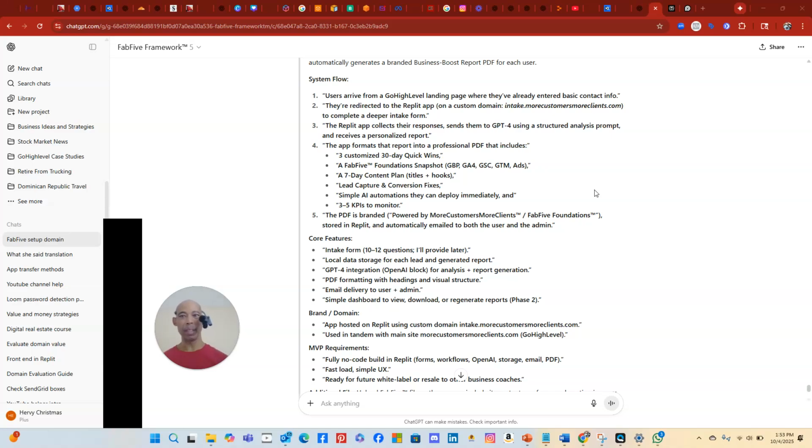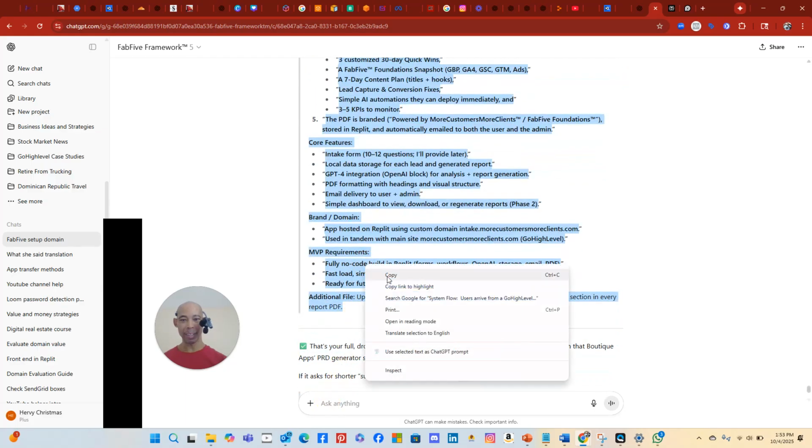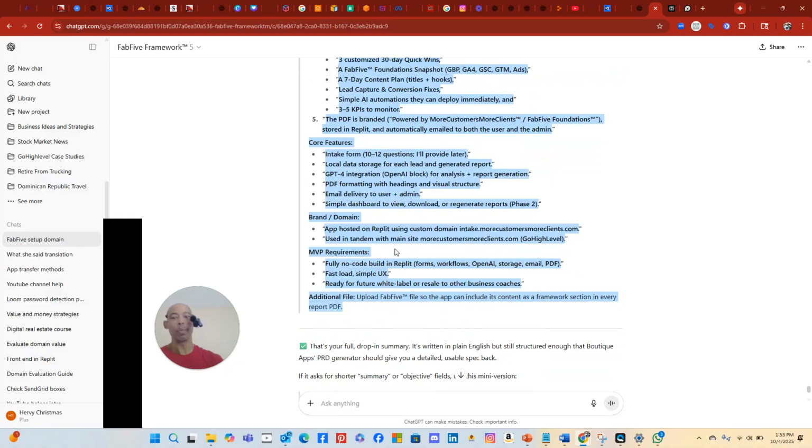Ladies and gentlemen, today we have an exciting project. I've already been playing with this in ChatGPT, so I have a summary for boutique apps already. Well, something like a summary. It's almost really a PRD, because I've worked out a lot of things to get it to this point, but I'm still using the boutique apps